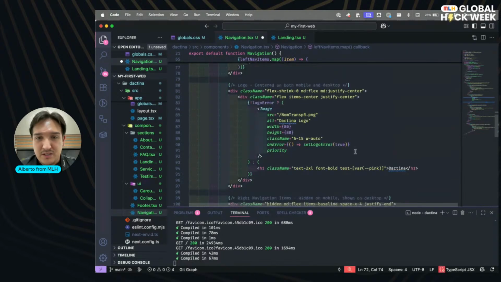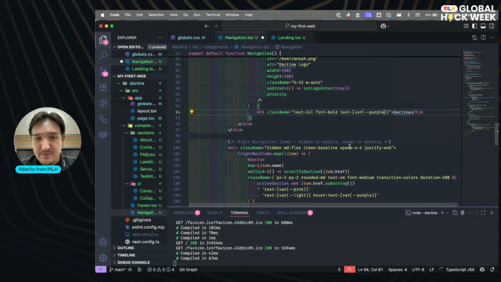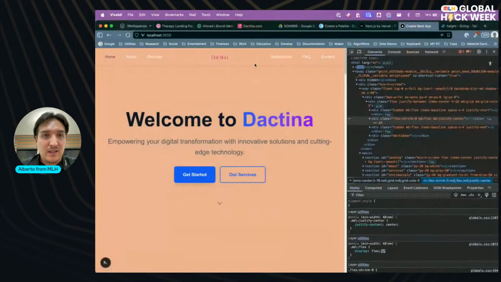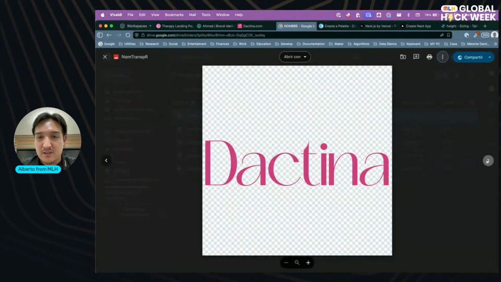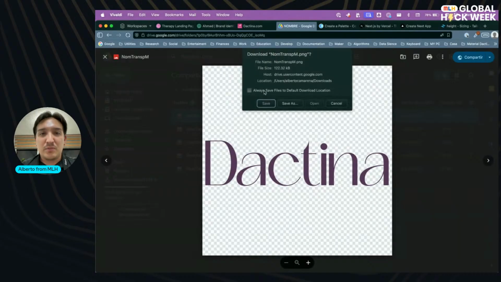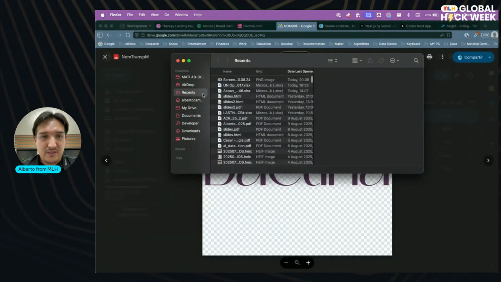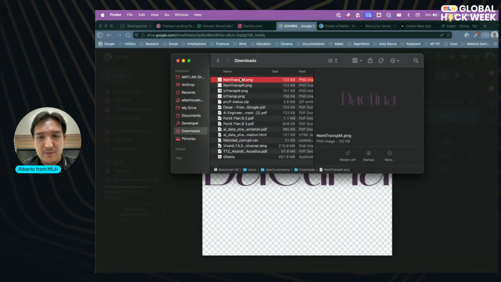Purple, pink, purple, pink, purple. Purple, pink, and from here, I mean, get the purple one, download, and besides downloading it, maybe I can modify it.